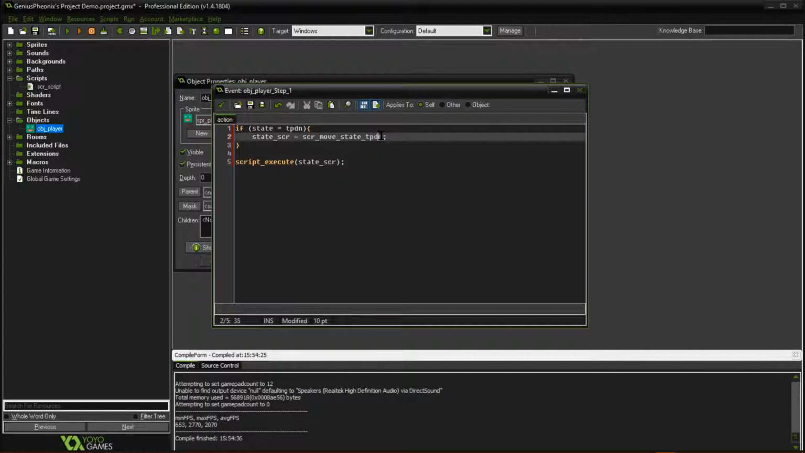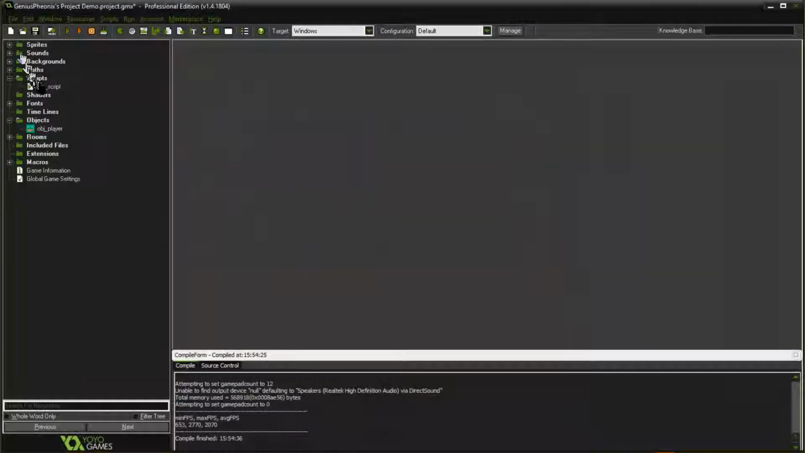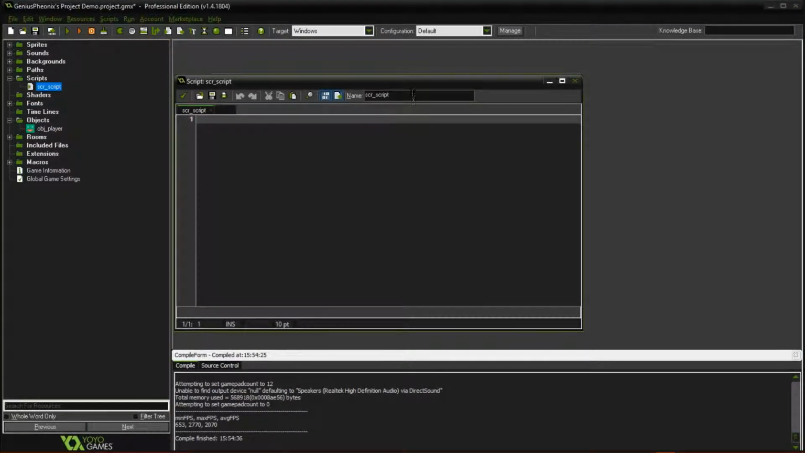Gonna copy this, Control C, exit out of there for a moment, go to our script, change that up there, the name to scr move state tpdn, and we'll do the same here. We'll do a triple, is it triple? I think it's triple, Control V, and we'll do the parameters, which will be